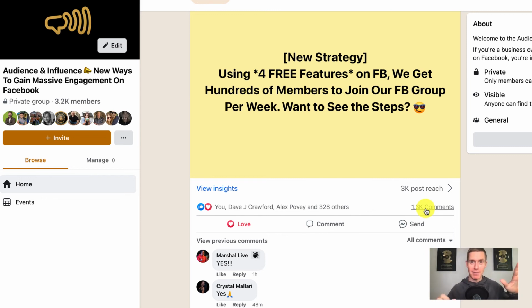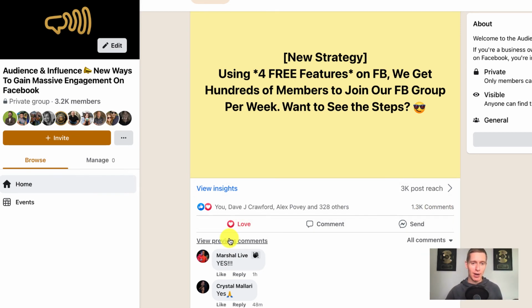Now, you can do the same thing. You can put one of these 2 steps or an engagement type post in your group, and then you want to make sure that new members see it. Because not only are they going to see this post, they're actually going to raise their hand. And how do they raise their hand? They have to comment, they have to engage. And so now you're training your new members to engage in your group, and you're further stoking that Facebook algorithm so that they're going to see more of your content.